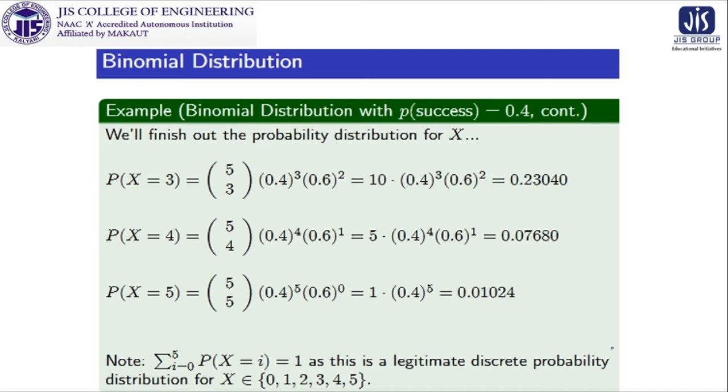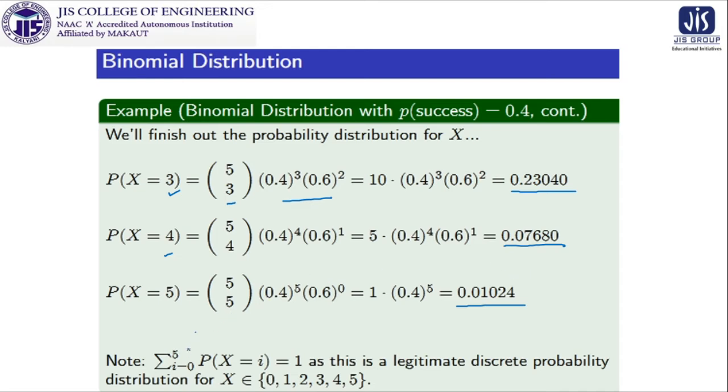In a similar manner, if you count the probability of three persons who favor Obama, you are not going to arrange those in this pattern. Just by the similarity with the last two examples, we can write it in this fashion, and this is the value. For 4 this is the value, and for 5 this is the value. So we are able to find all possible probabilities for the values that can be assumed by the prescribed random variable.